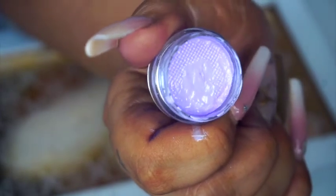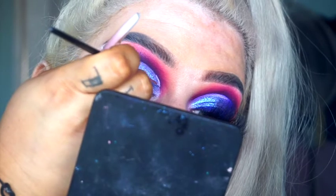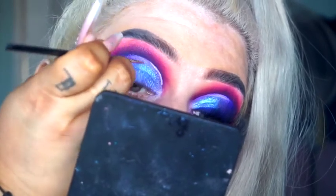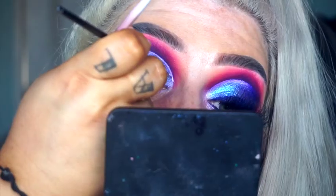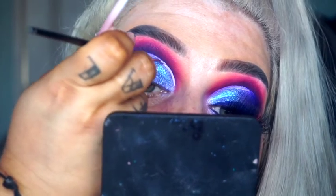This next step was just a little bit of an extra touch, but you guys know I'm extra as fuck, so nobody's surprised. But I took this pale purple glisten liner and used a Suva 610 brush just to line